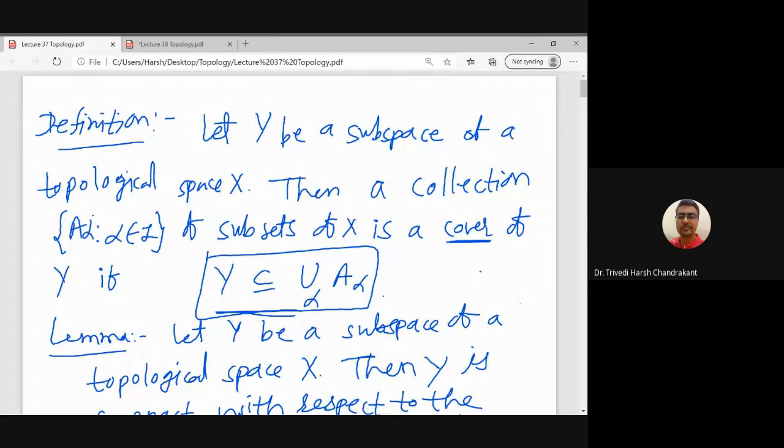In other words, Y is a subset of the union of A alpha. Here we are considering the cover of the subspace Y. Otherwise, if we are considering the cover of the topological space X, then we discuss